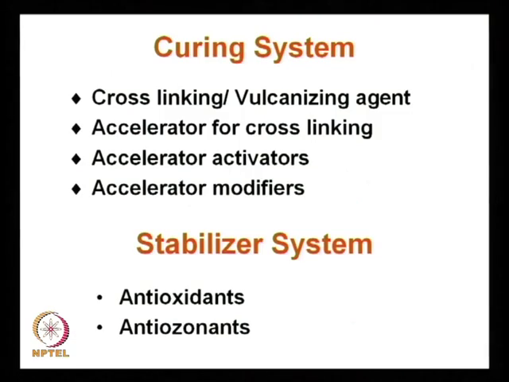Now, let us look into what is there in the curing system. In the curing system, cross linking or vulcanizing agents are there. For the rubbers there are cross linking agents like sulfur, selenium and tellurium in the group of the periodic table. You see they belong to the same group, sulfur, selenium, tellurium. When they are mixed with rubber, they react chemically with the rubber molecules to link